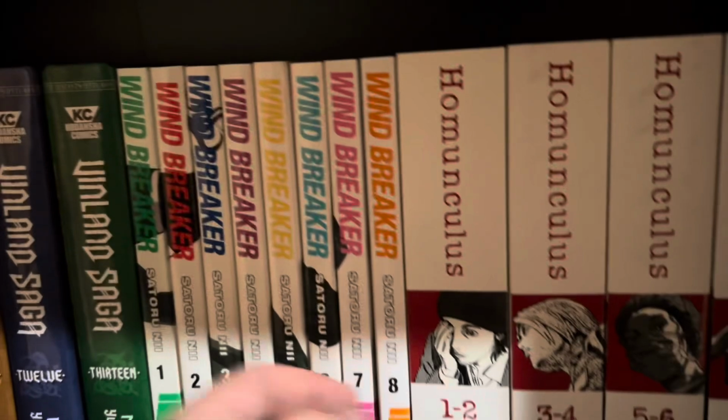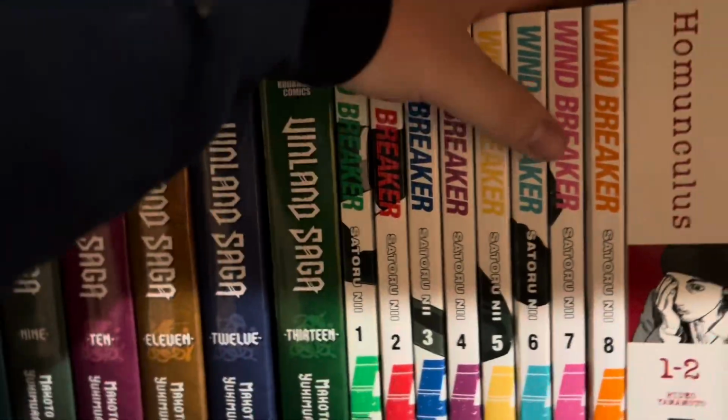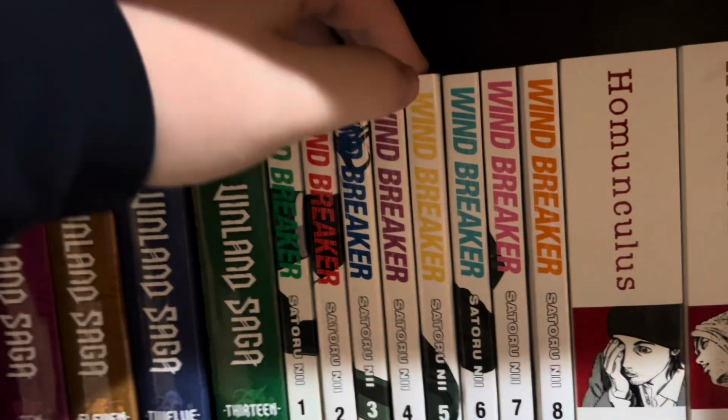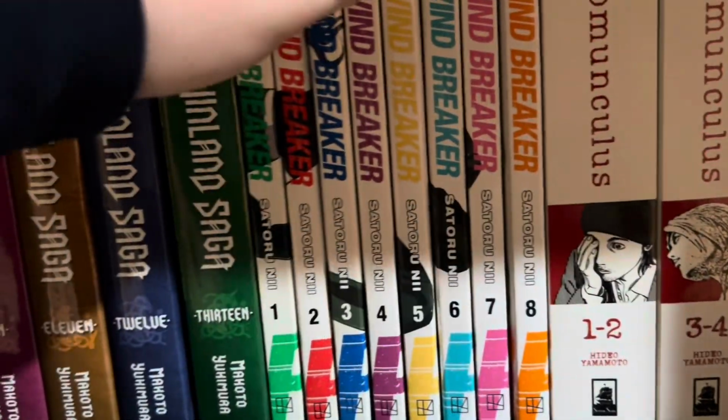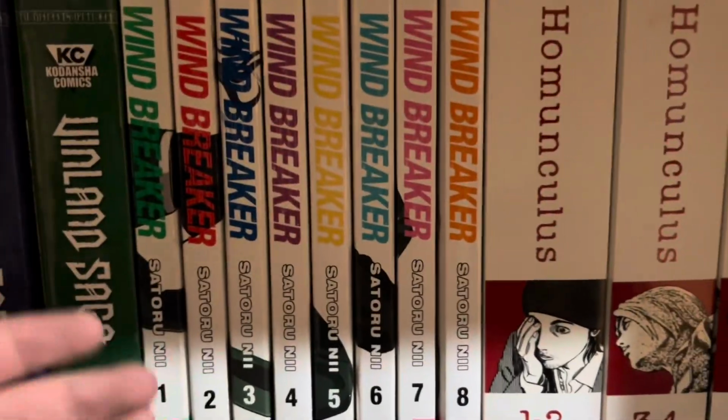Next, I see Windbreaker, volumes 1 through 8. Windbreaker is very good in my opinion. It's definitely picking up. The anime is like the first 5 volumes. I heard a lot of people talking about how it's very basic and it's very boring and formulaic and dumb